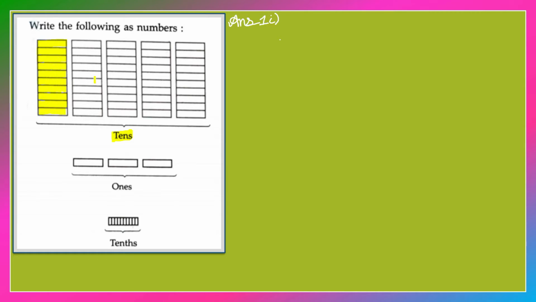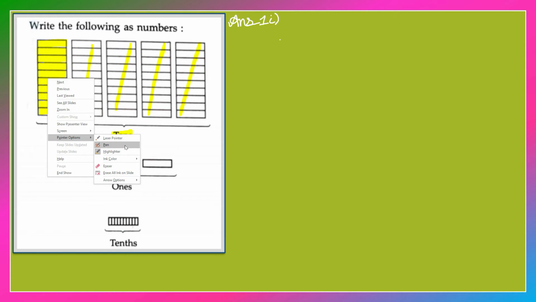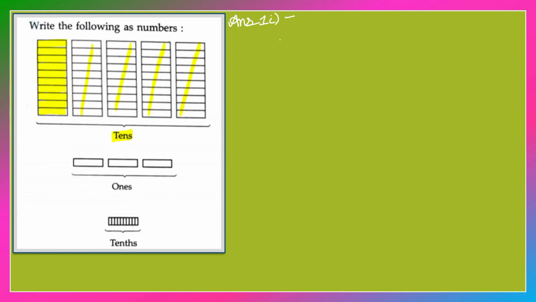Okay friends, so it means that this is 1/10. That is, this rectangle represents the number 10. And as you can see, we have second one also, third also, 4 also, and we have a total of 5 blocks. It means if each shaded rectangle is 1/10, that is 10, then 5 blocks means 5 into 10, that means 50. So the first part represents 50 as the numerical value.